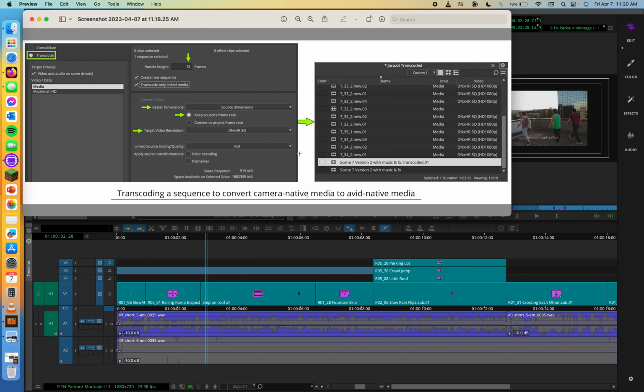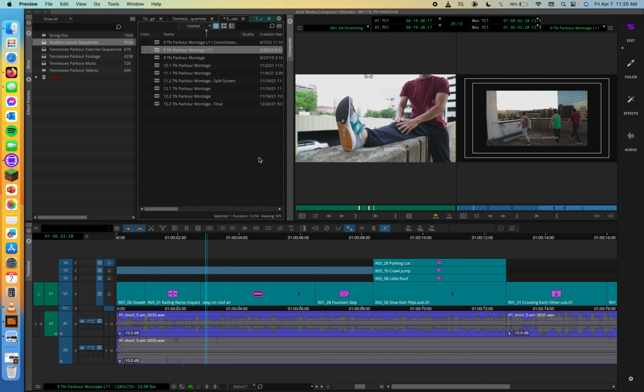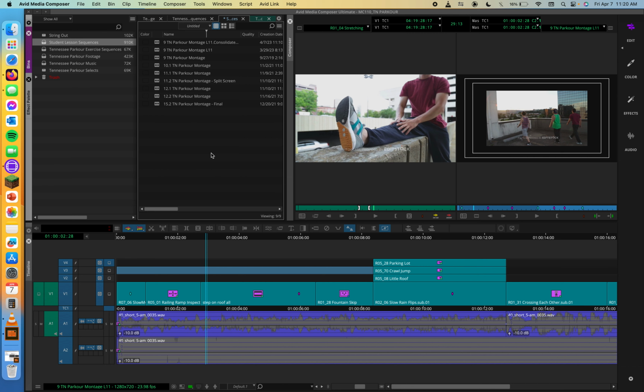Let's look at how. To transcode a sequence that links to Avid native media, we'll double-check the Format Setting tab and ensure that the preset matches our desired format. For example, 1080 by 23.976. So let me close this, get out of the way. Again, if we're trying to transcode a sequence that links to Avid native media, we can double-check the Format